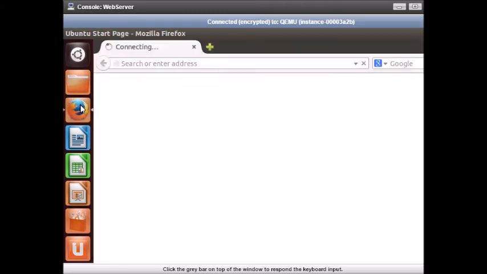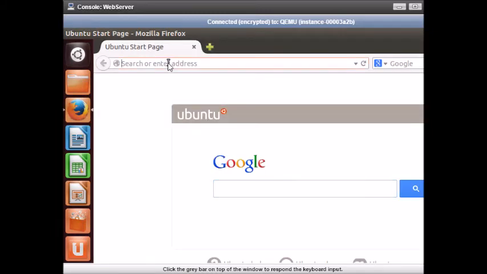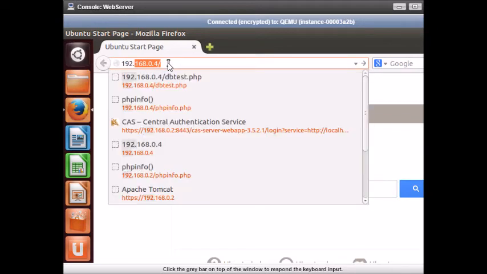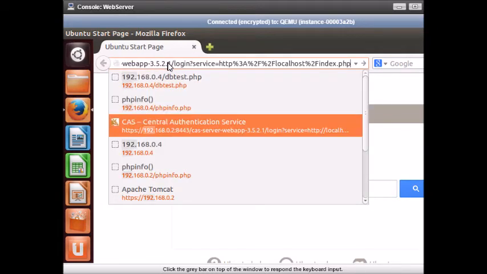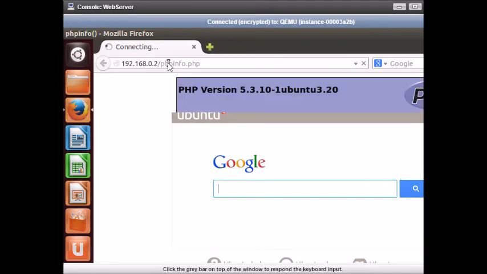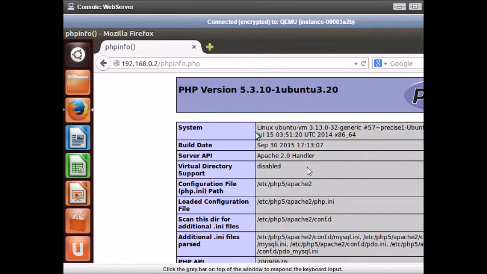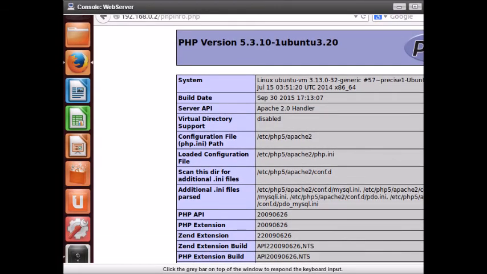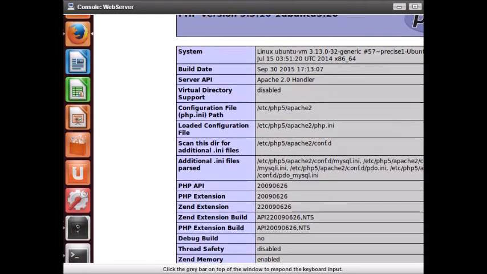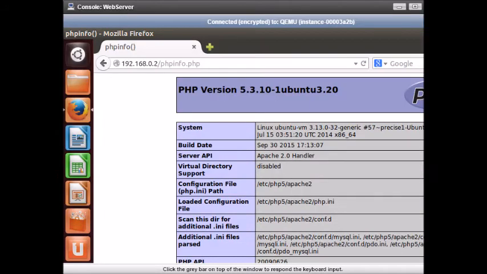We open our PHP info file on the browser. So here it tells about the version and all the details about the PHP and all the required files, the MySQL, Apache, which are also installed on this client.